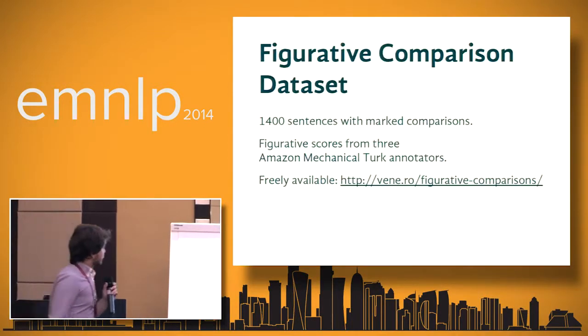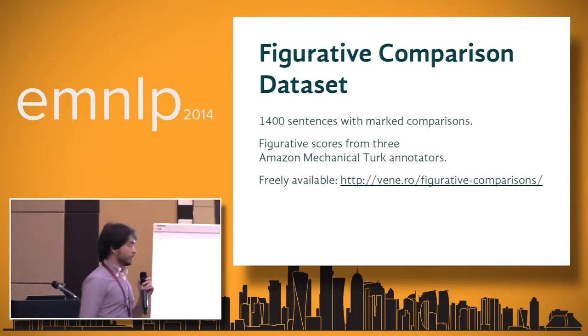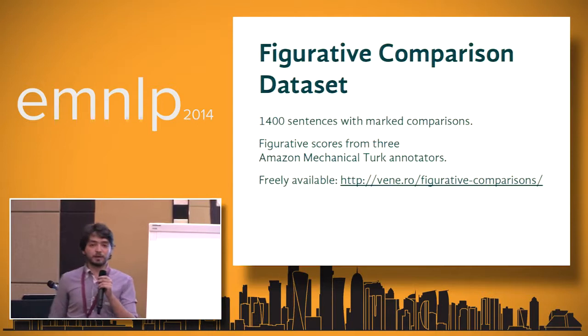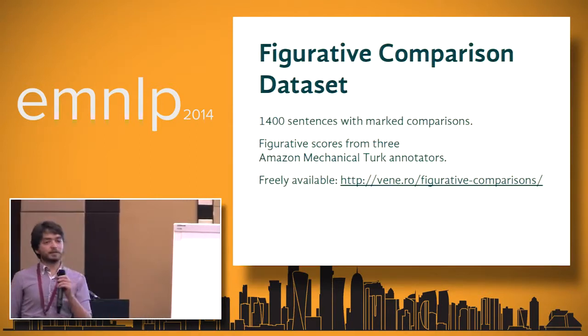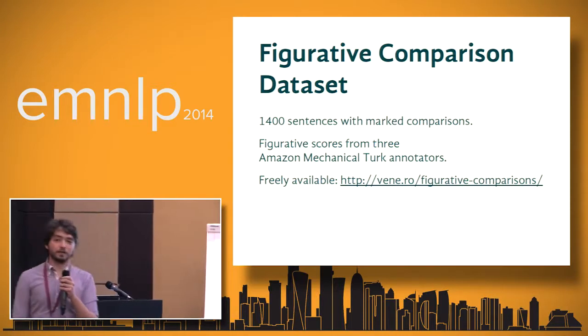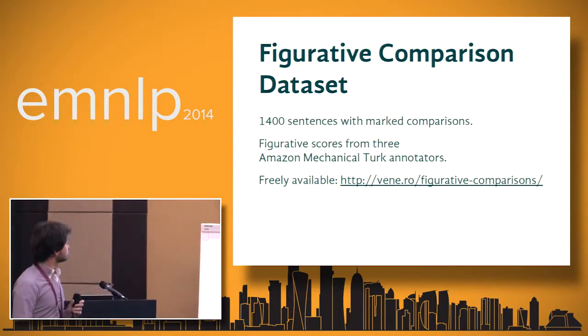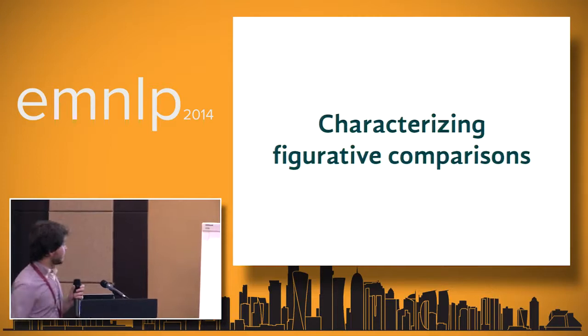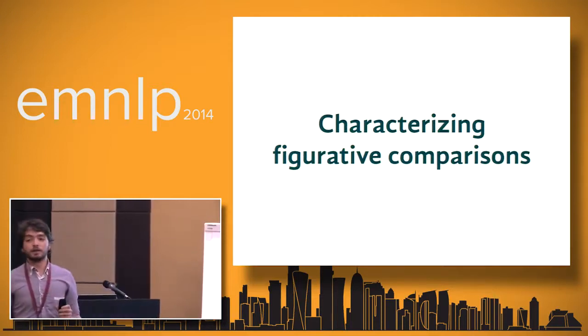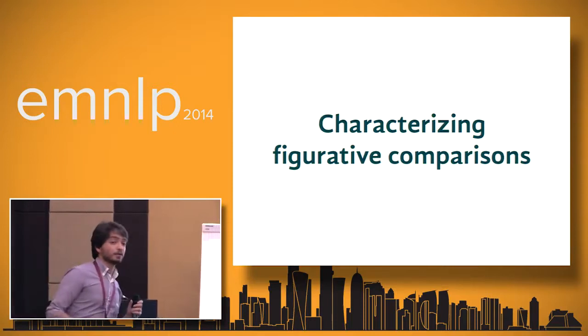Using product reviews from Amazon.com, we put together a figurative comparison data set that consists of 1,400 sentences with marked comparisons, annotated by mechanical Turkers. This data set is freely available on the project website. So with this data in hand, we can move forward to the task of characterizing figurative language and answering the questions